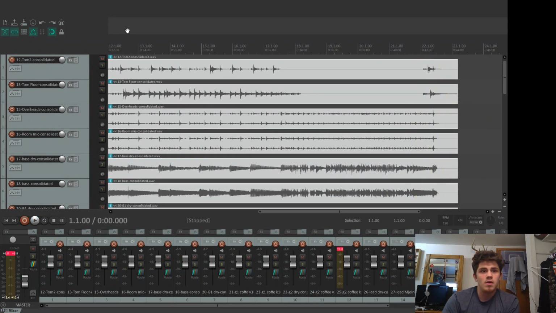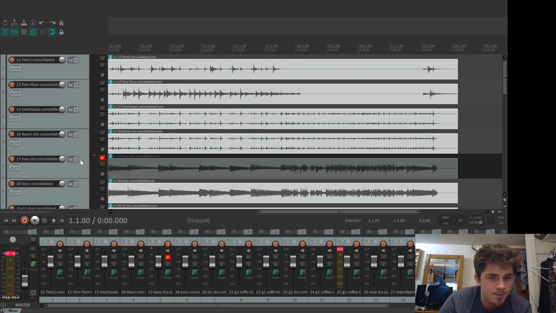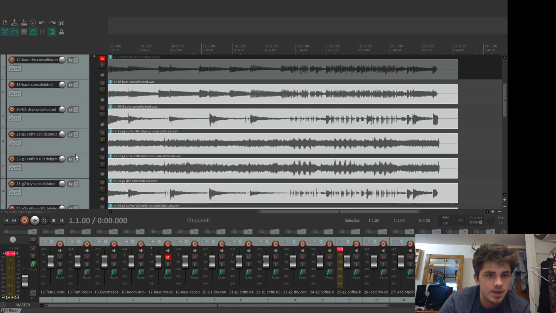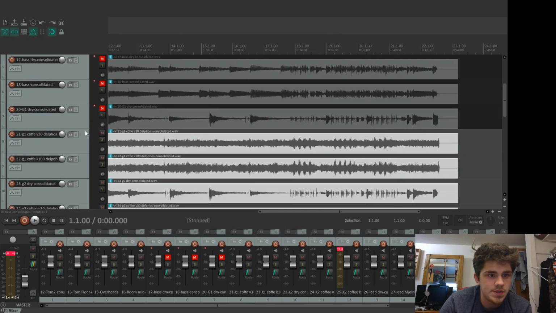Alrighty, so I am gonna start with the drums. I should mute these dry tracks too. So here's what we'll do. I'm gonna go through tom, floor tom, overheads, room mic, dry bass, dry, mute that, because I don't want the dry track in there. The bass, consolidated, the G1. Okay, G1, dry. If it's dry, I don't want it. I actually don't want anything else right now besides the,